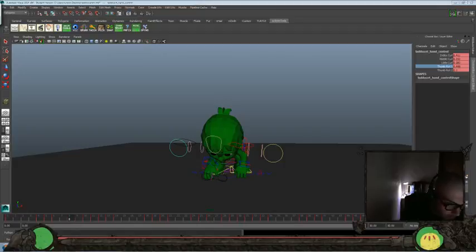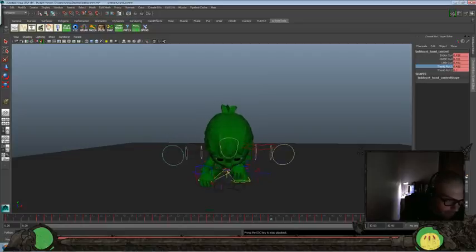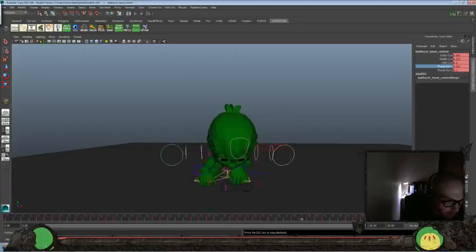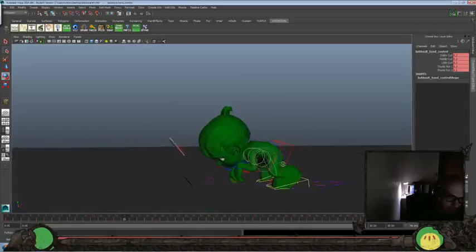Maybe do a little bit more there. Feels a little too slow, so let's push it forward a frame. And let's go the other direction, just to add a little bit of looseness in that thumb. Okay, so we're going to do the other hand and then the head, and I think that'll be good for